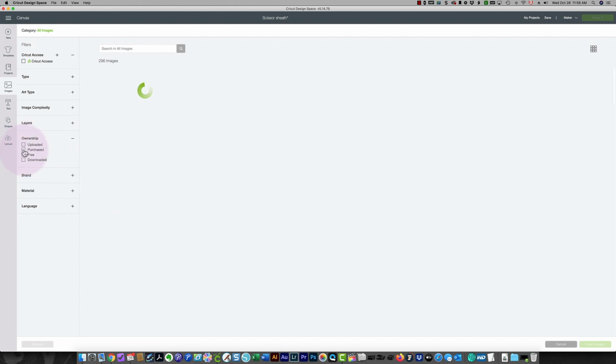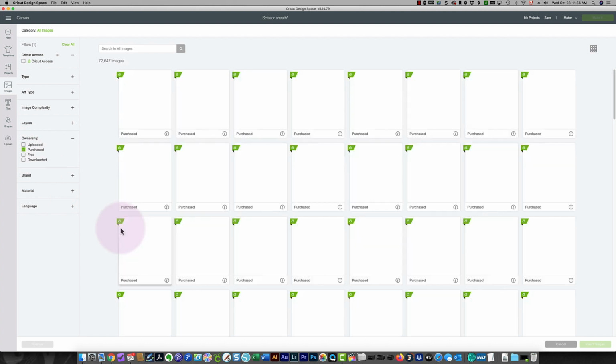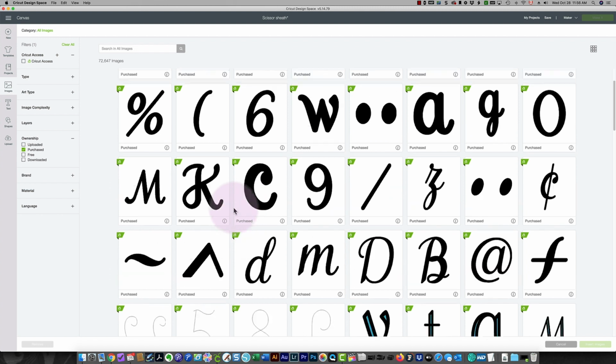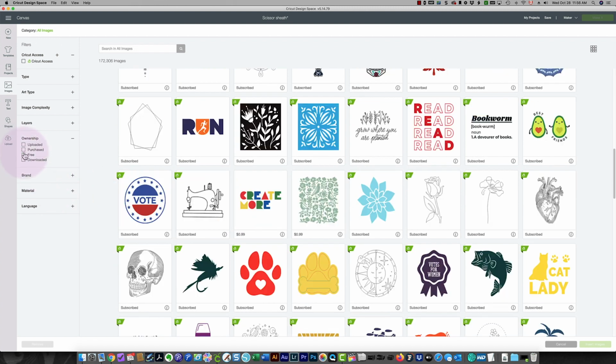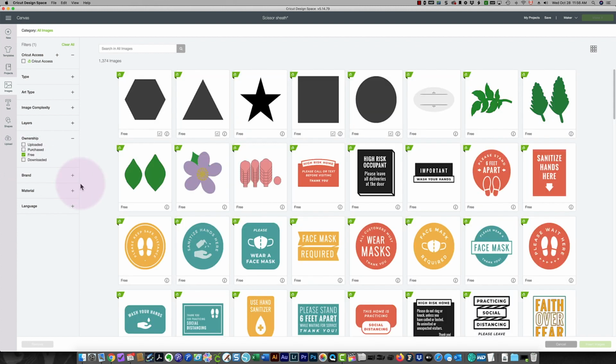If I uncheck that and I check purchased, you can see everything that I've purchased, and this includes all of my cartridges and individual images, whatever. Then anything that's available for free in Design Space, like the regular shapes and various other images that are free,